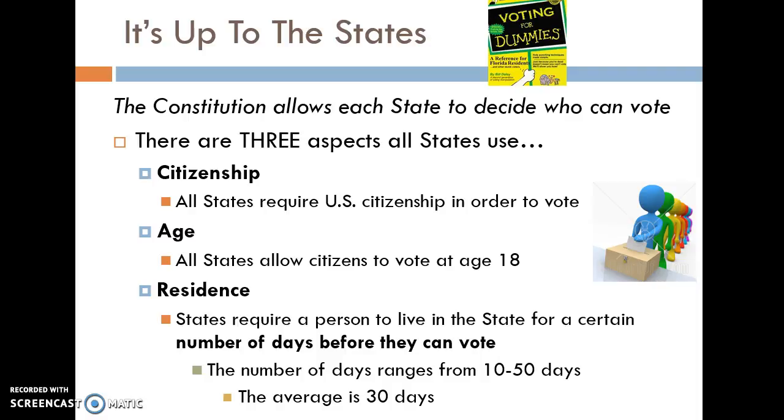So I can't vote in Illinois and then move to Wisconsin and vote again, you know? Otherwise I would be able to. I live in Illinois. I voted at 8 this morning, but at noon I moved to Wisconsin, so at 1 o'clock I could vote for the president again in Wisconsin. It doesn't work that way. You need to be there for a certain number of days.